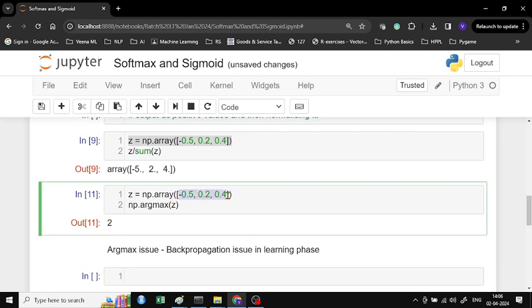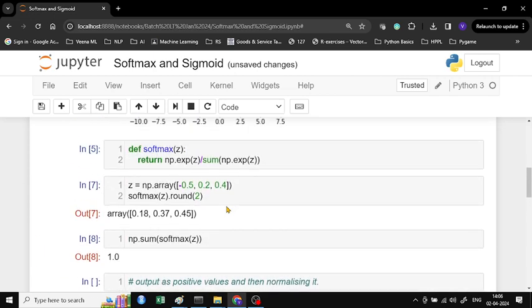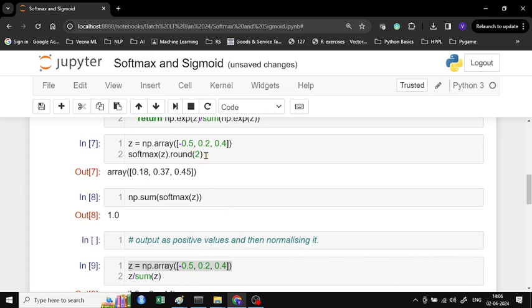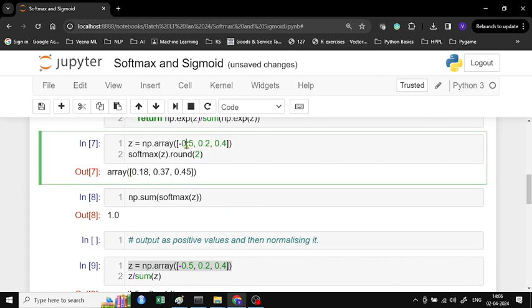If I do a one-hot encoding of this, this would become 0, 0 and this would become 1. Now if you do a back propagation of 0, 0, 1, in the learning phase there is nothing which will be learned for these two classes. So to avoid these issues, we use the softmax, where even in the learning phase, suppose this was in the learning phase and not the final answer, the negative value would still get some probability so that learning can happen also on these